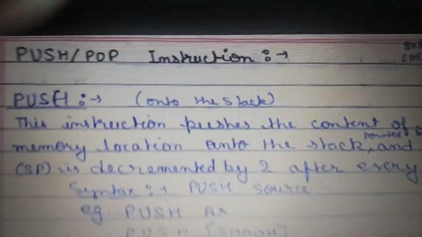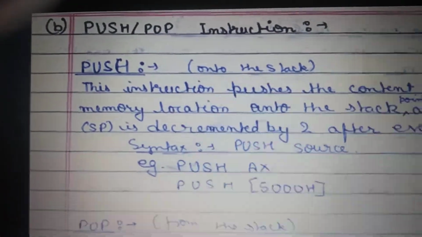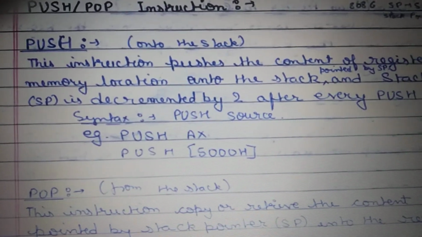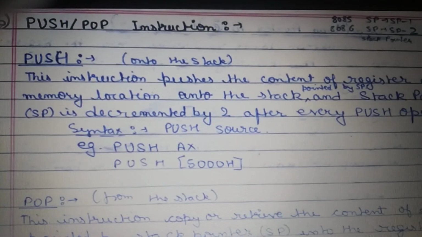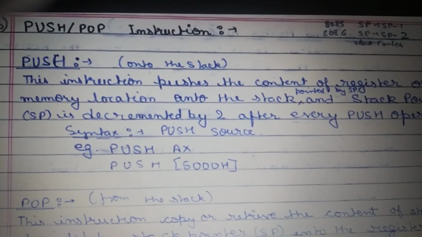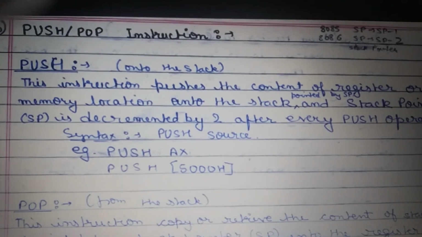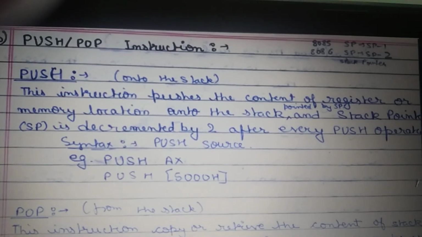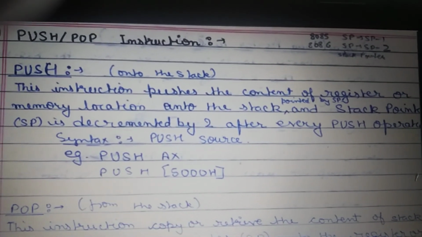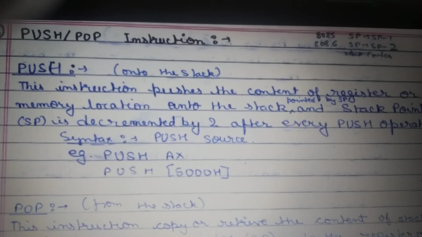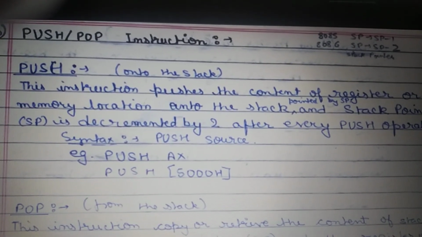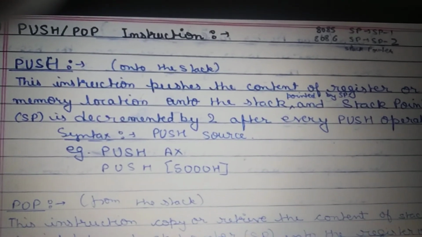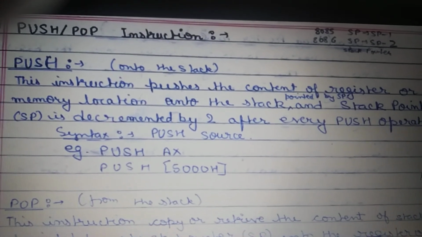Now we will discuss push and pop instructions. These instructions have been discussed in 8085 also. These instructions are used to store the address of the instructions in the main program when the program control is shifted from the main program to a subroutine. When the push instruction is executed, the content of the program counter or a 16-bit register is transferred to the stack. In this process the stack pointer is decremented by 2.